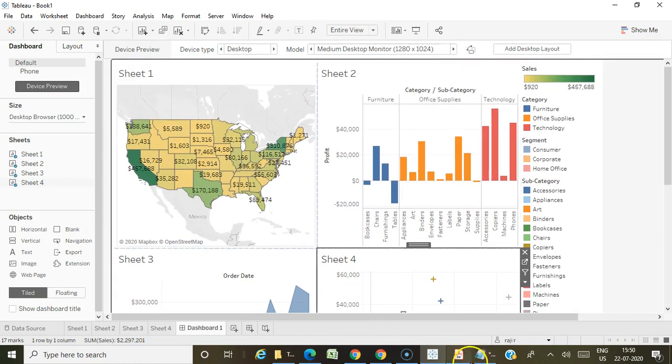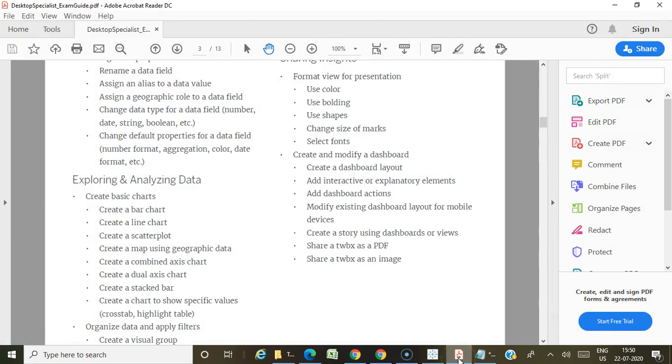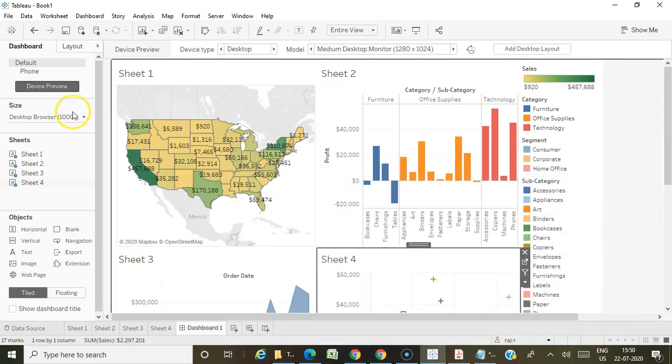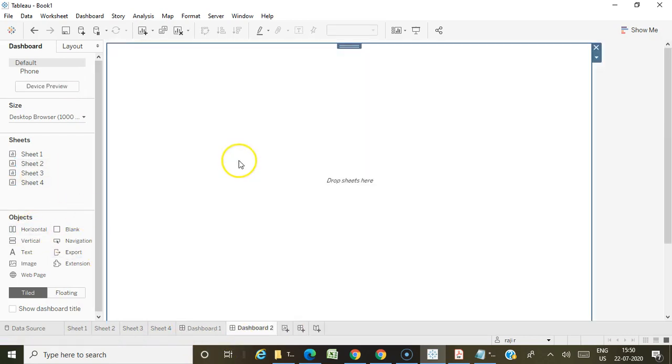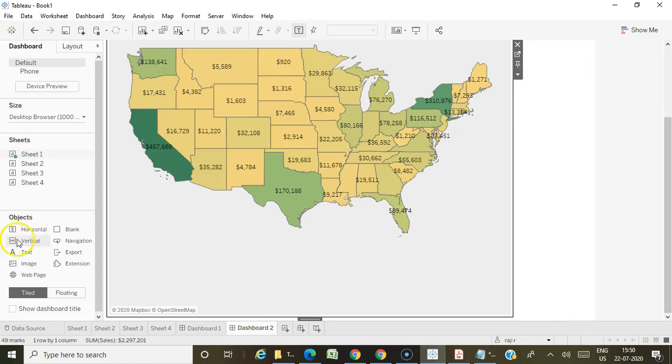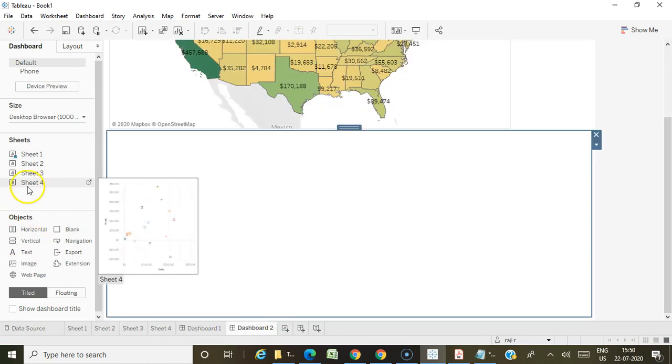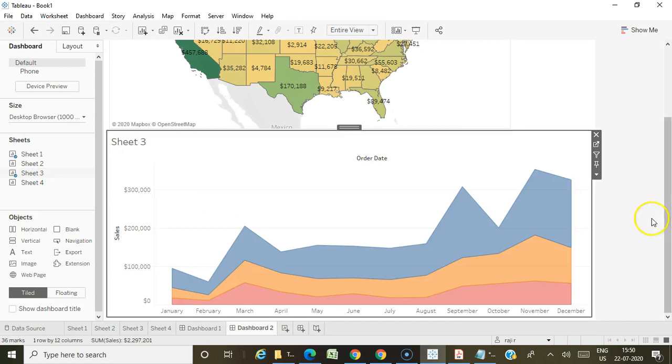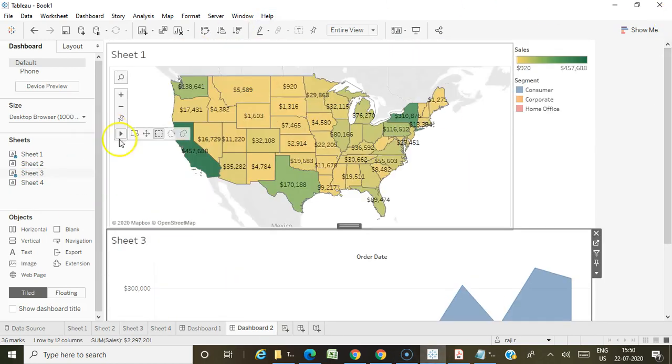So when they are talking about this layout feature, it is about how this layout has been added, and how to create a dashboard layout. Okay, so you have to concentrate on all these topics. If you see here, normally instead of dragging and dropping as it is, you have the layout containers, where in case I am going to use a horizontal container, or I can use a vertical container. Okay, so you have to know about these horizontal and vertical containers